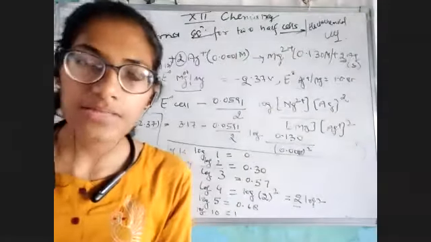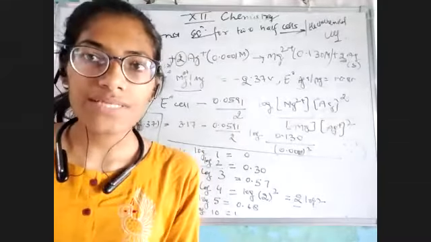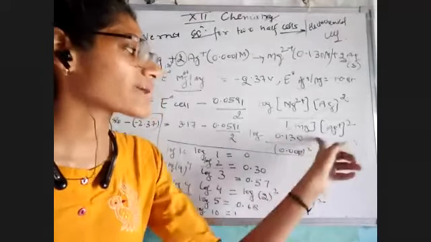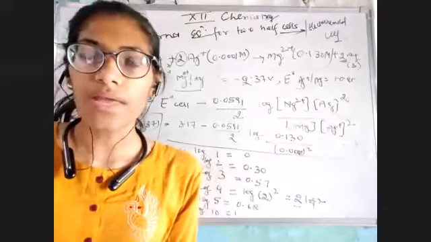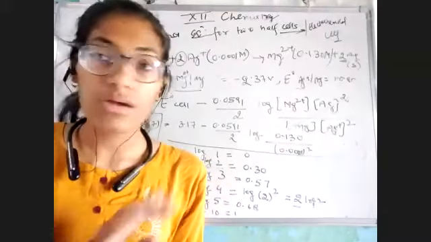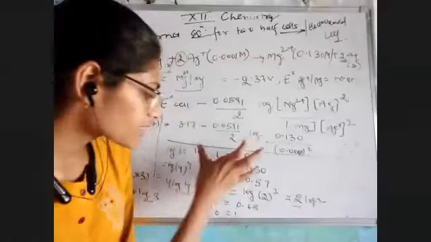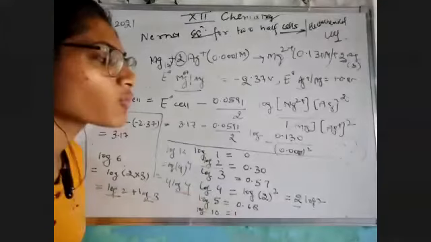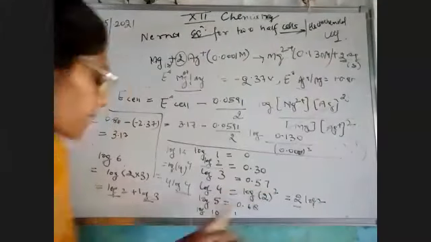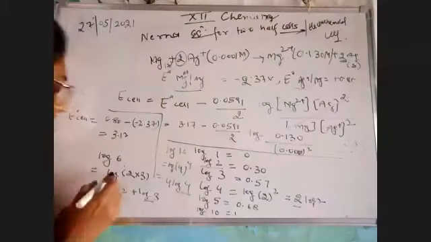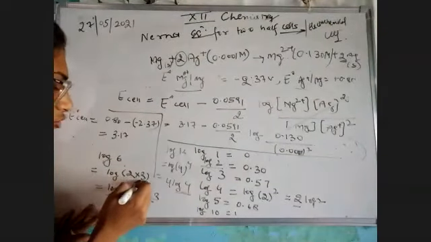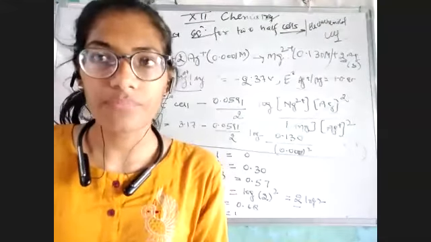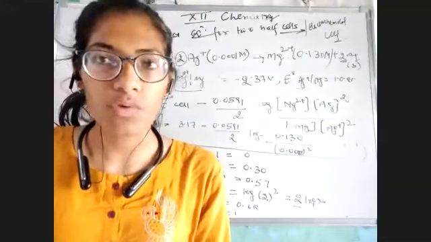So my point here is to explain to you, bache, most of the time you need to just keep these log values in your mind, because the question would not be so complex that you have to solve log 0.130. Most of the time there would not be a logarithm table, so you have to keep in your mind the log 1, 2, 3, 4, 5 values. And moreover, how to use my log formulas, like log a to the power b equals b log a, and log of a into b equals log a plus log b. These are very simple general logarithm formulas that you have studied in your 11th class also.